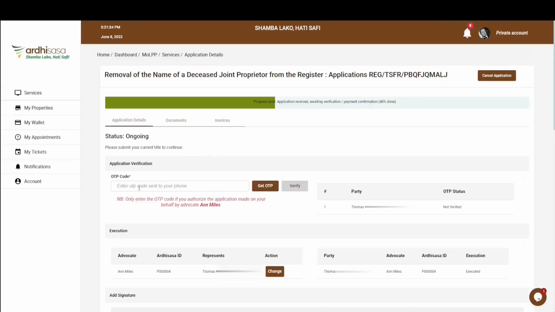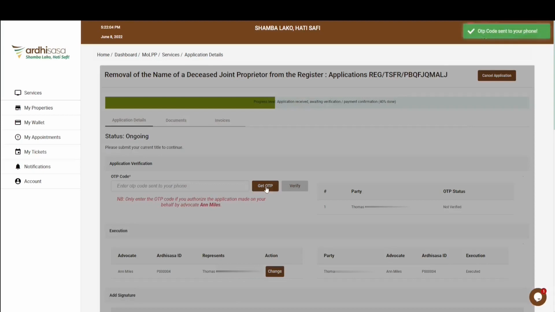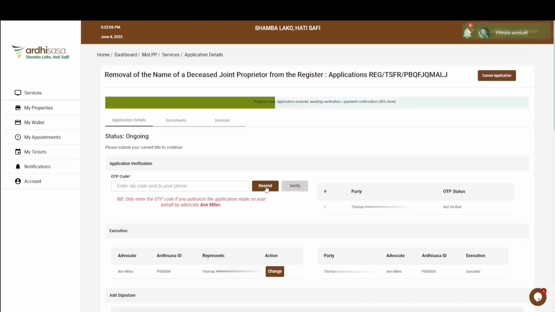An OTP prompt box will be displayed with a Get OTP button alongside it. If he or she does not approve this process, a Cancel Application button will be displayed on the top right corner of the screen, and he or she can then click on it and the process will be cancelled. However, if the individual is aware of the process and approves of it, he or she will then click on the Get OTP button, and an OTP code will be sent to the phone number that he or she used